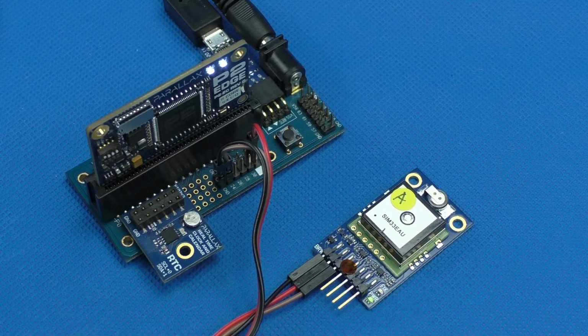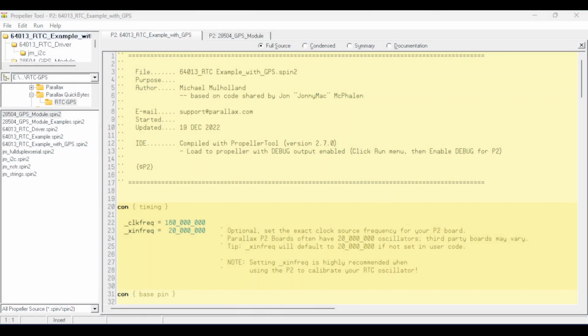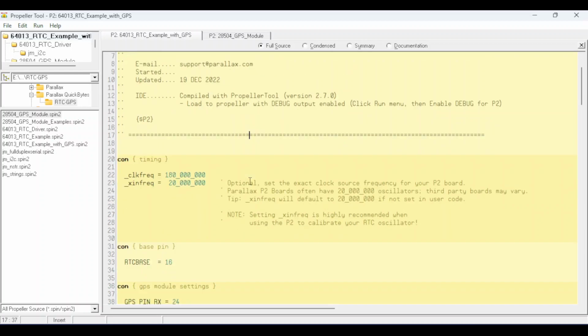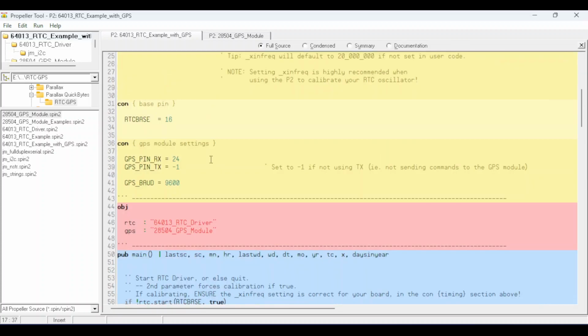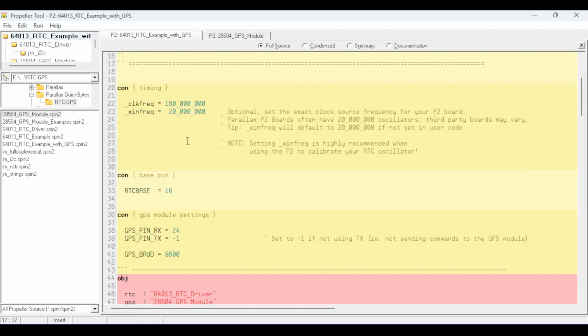So let's take a look at the code. Right, so code very similar to the simple RTC example, so you can find that in the Quick Bytes, sorry. We just set up our clock settings, whatever we've got. In this case I'm using an Edge module, so 20 megahertz crystal and 180 megahertz clock is good for this